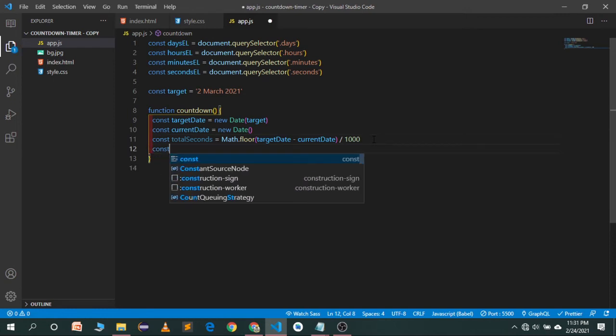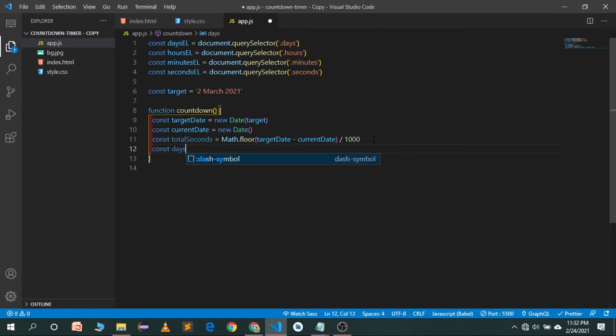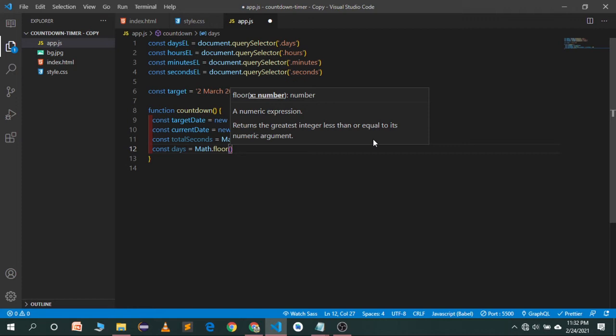Now we'll get the days from this total seconds. Math.floor is basically used to convert the decimal value into a simple value.